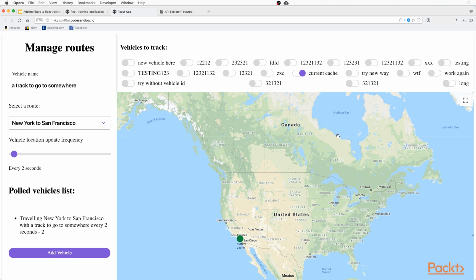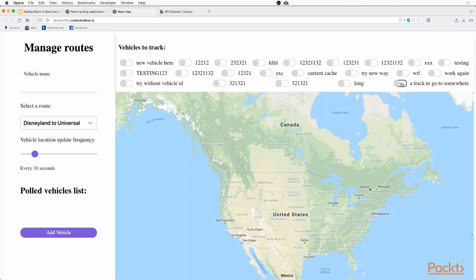The only way to see it now is to refresh the page, but then I will lose the ability, because my generation of the locations also comes from the same frontend. As soon as I refresh, the vehicle stops moving. So that's where we need to start dealing with the cache directly, to be able to tell Apollo that we have changed something here and it needs to be reflected in this checkbox. So we're going to look in the